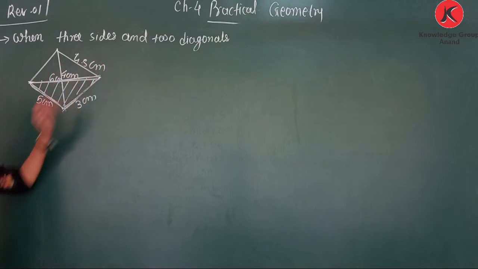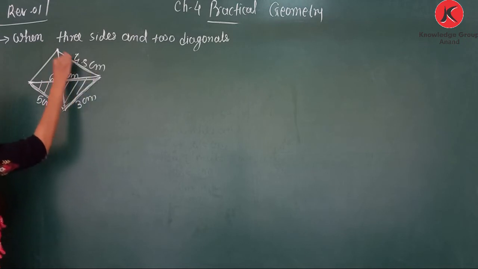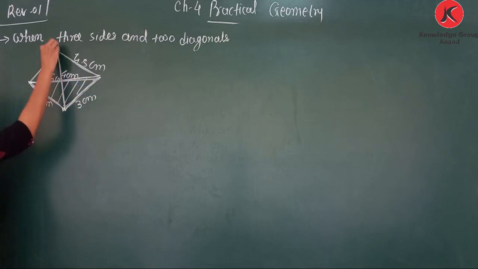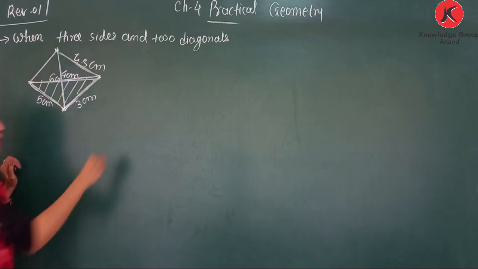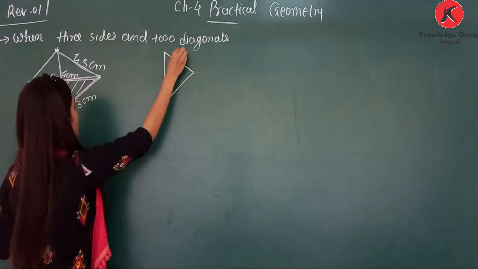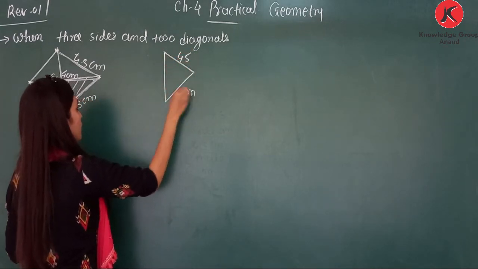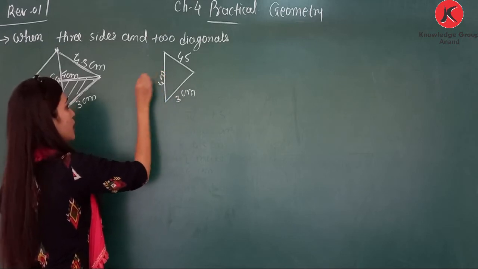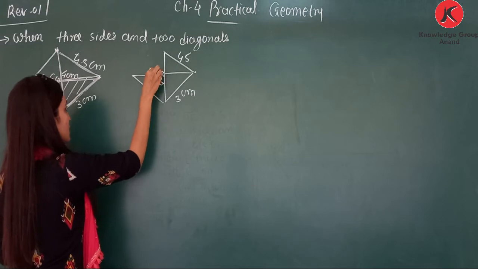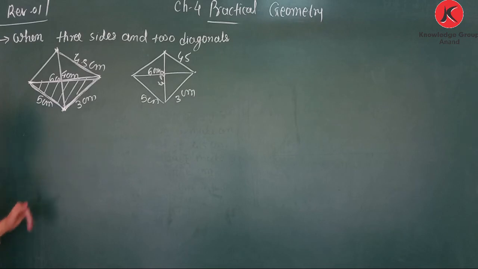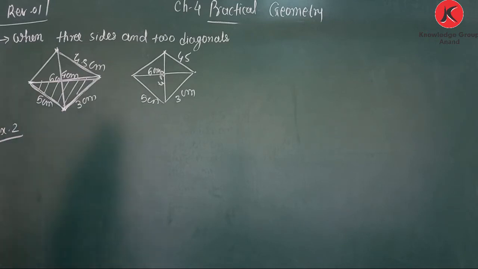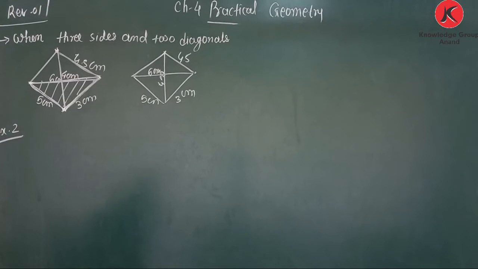Now we need to construct this other triangle, because here we also have 3 sides. From this point this line must be 4 centimeter, this is 3 centimeter and this is 4.5. As we get this figure, this is 4.5, this is 3 and this one is 4 centimeter, and in this figure this side is 6 centimeter, this is 5. So we can join this point to the other point and we get the quadrilateral. Clear? Now let's take example 2, in which 2 sides, 2 diagonals and 3 sides are given.